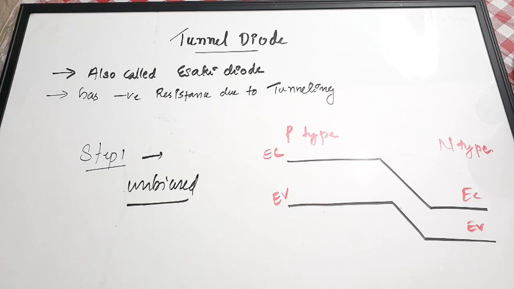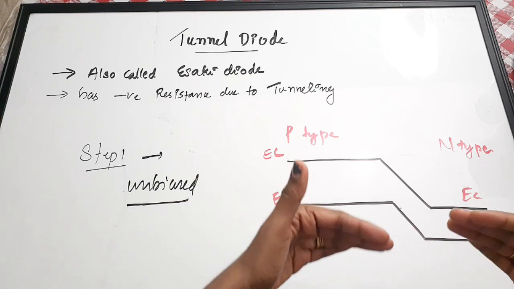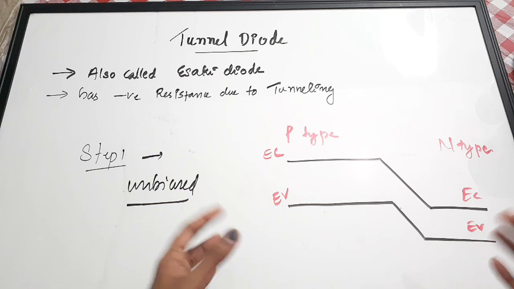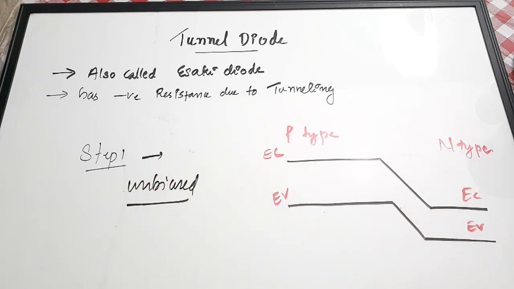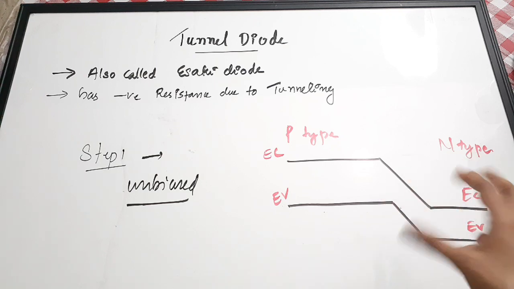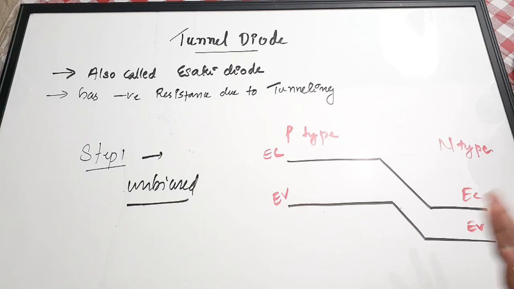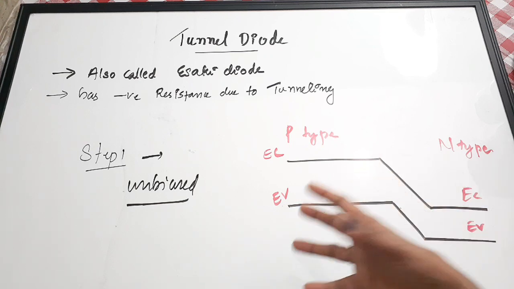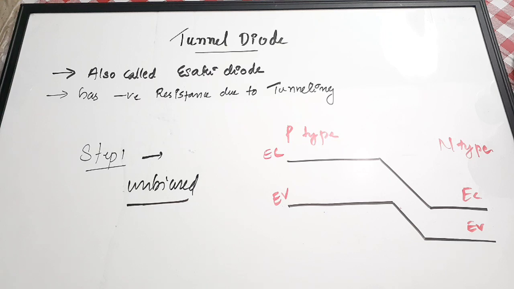Due to this alignment, or the structure of the tunnel diode, the tunneling of electrons and holes happens, but the net current is assumed to be 0. If a question comes like, when a tunnel diode is unbiased, will there be any current flow? Due to the nature of this diode, the net current is equal to 0, because the number of electrons generated will be equal to the number of holes generated. So you cannot really say that a net current is produced.